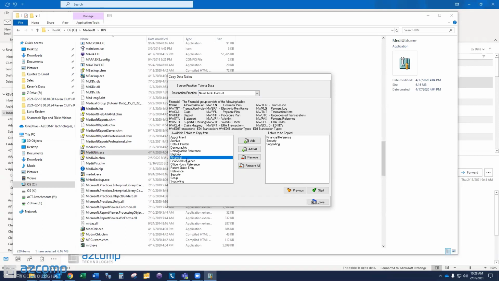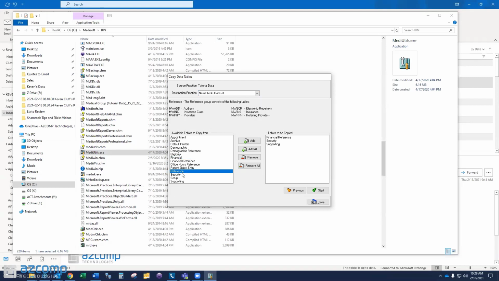Let's see here. I don't want to do financial because that's going to include all the transactions from the old data sets. I definitely don't want to do that. I don't want to do any of the patient or any of that. Now I do want to do the reference table, and that's because it has my addresses, like